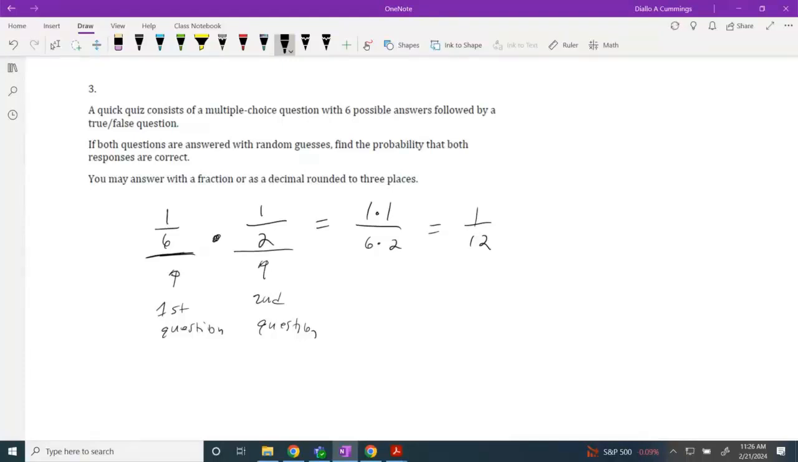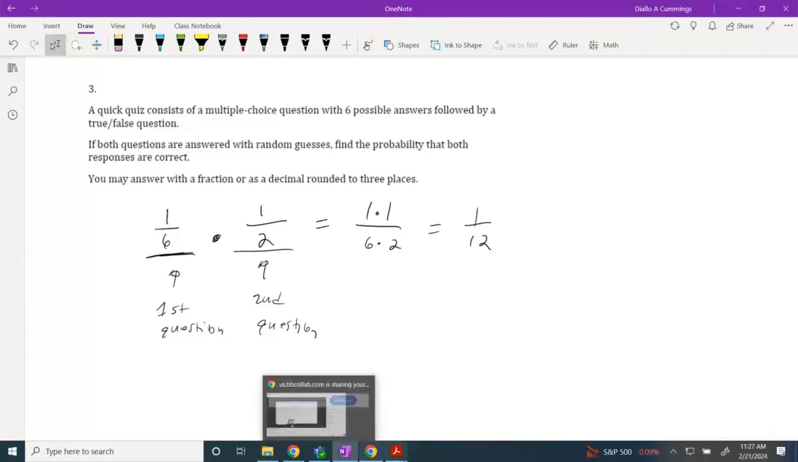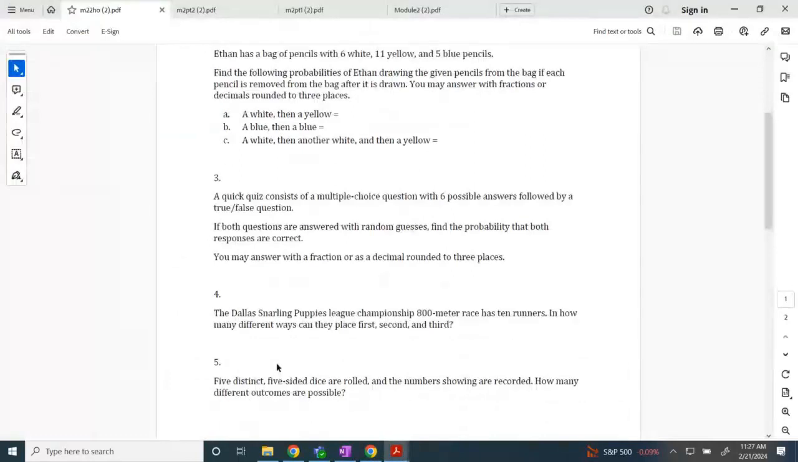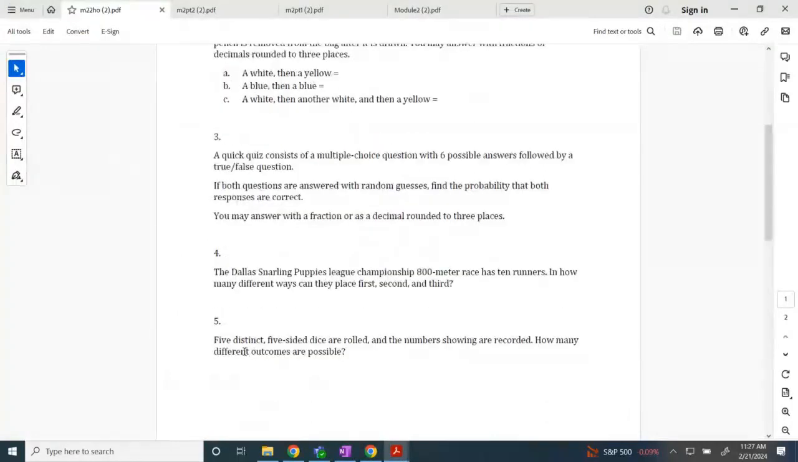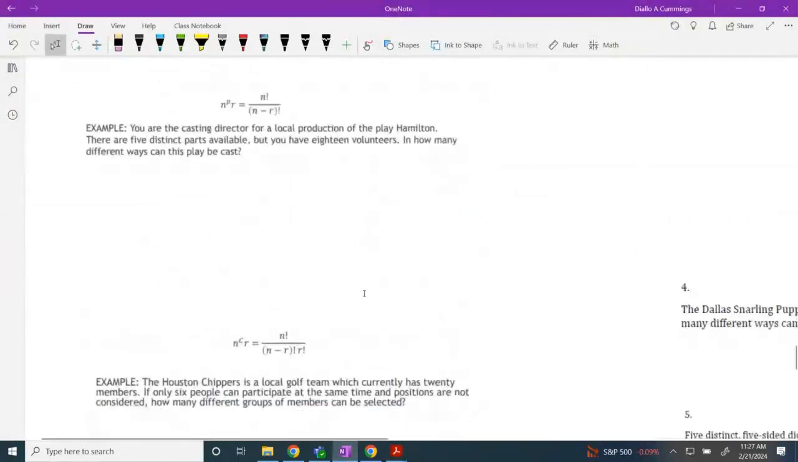All right, so any questions about number 3? All right, next we're going to take a look at problem number 5. Right, and again, this is from Module 2, Part 2. And problem number 5 on Module 2, Part 2, it reads